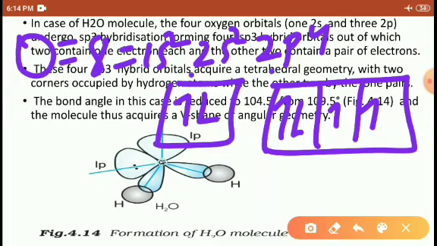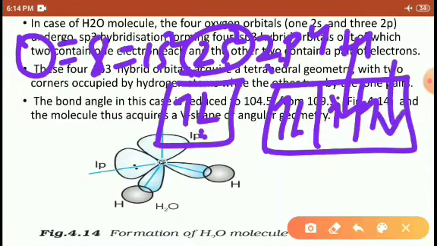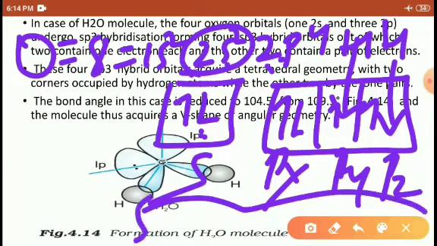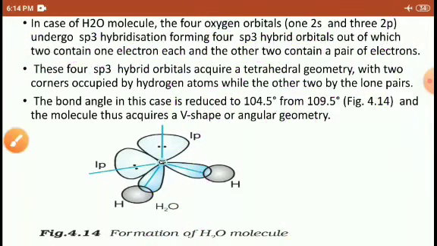So the energy level is the same here. Energy level is the same. So that's why we are considering this electron also in the hybridization. Energy level is the same and this is a pair. So that's why this is also considered in the hybridization. It cannot be promoted to the excited state. So one hydrogen is bonded here by sharing one electron. One hydrogen is bonded here by sharing one electron. So this is S, this is Px, this is Py, and this is Pz. So total is sp3 hybridization. Right students?